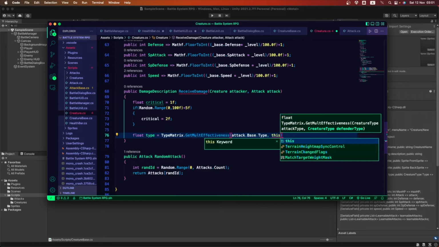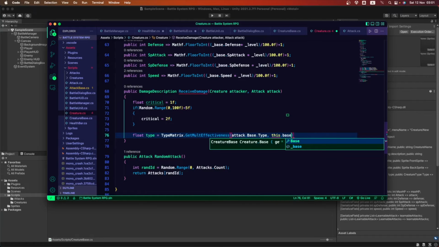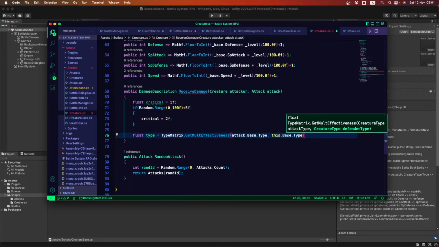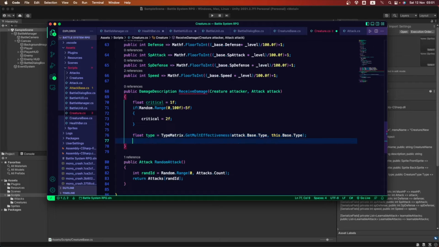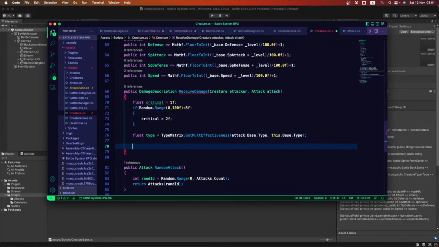And what do we mean by this here in Unity in C#? This is referring to this class, this creature. This dot base dot type, we want to go inside that value, the type of this creature. So now we have another modifier, another value to add to that formula.